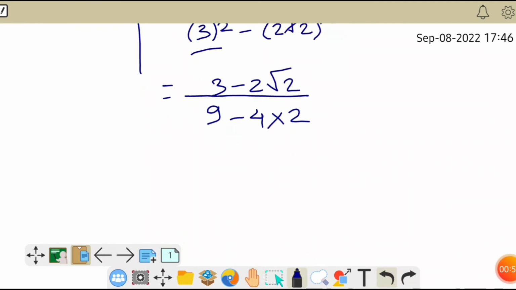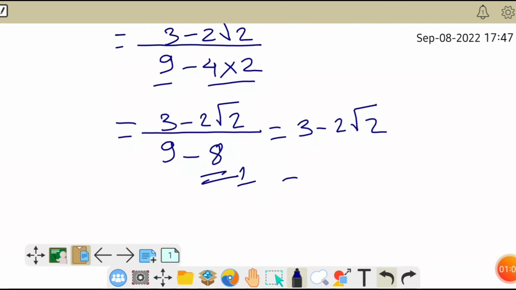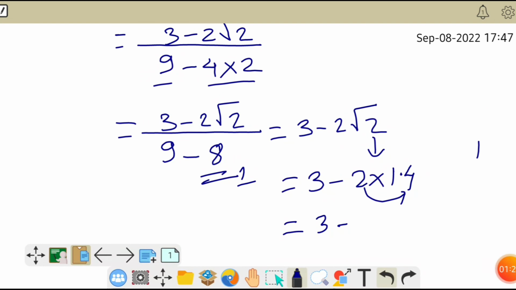Now we get in the numerator 3 minus 2 root 2, and in the denominator it's 9 minus 4 2's are 8, that is 1. So we have 3 minus 2 root 2. So we'll put the value of root 2 here, 3 minus 2 into 1.4 equals 3 minus, we have to multiply 1.4 by 2, that is 2 4's are 8 and 2 1's are 2,